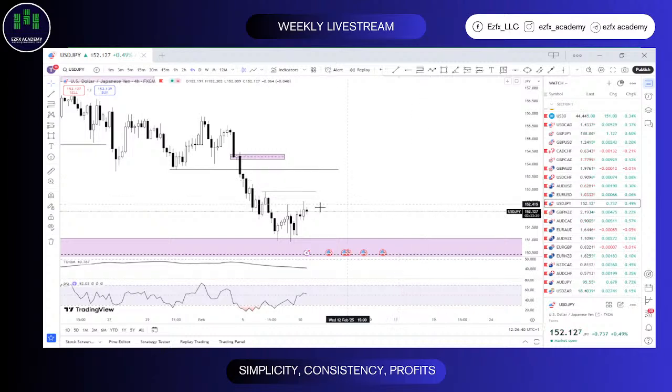So this is what I'm going to tell you to do for UJ. I'm going to give you two zones, and I'll tell you what to do when you see price get into those zones. For where we are right now, between 152.910 and 152.380, that's the current zone that we're seeing UJ residing in, or reacting from. And I'm expecting that we should still see some level of buy on UJ right now, or at least today.